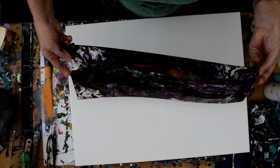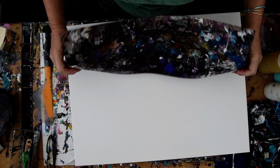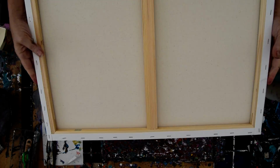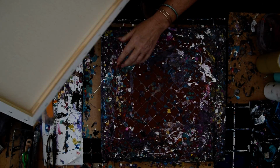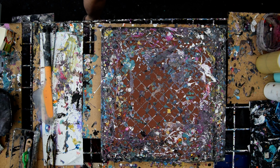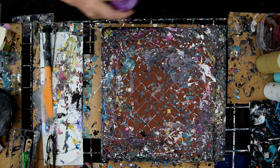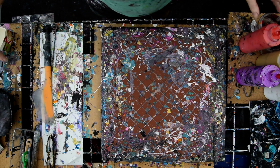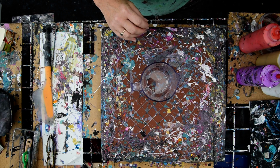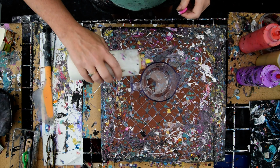So there's my most recent edge catcher. We got one good side we can put some more paint on. Then I'll be taking some accidental art photos. I really like these 18 by 24s because even though my tile is 16 by 16, it will hold them up. I have tried my best to pull out every color that I can think of, and I think I'm going to do something sort of